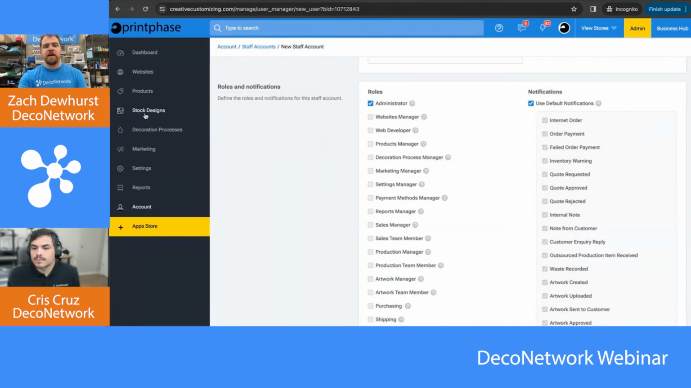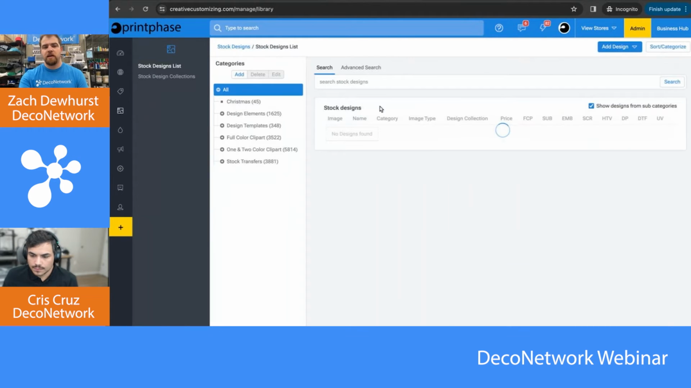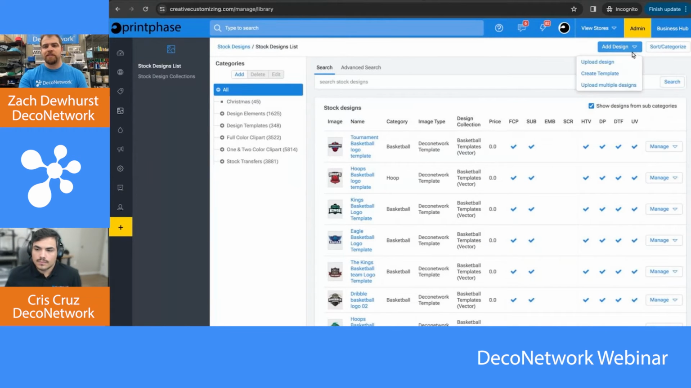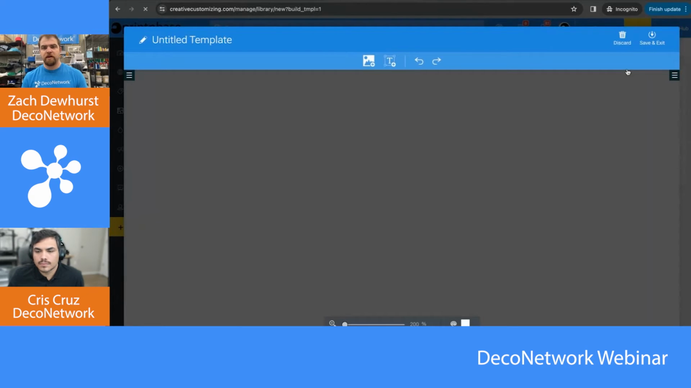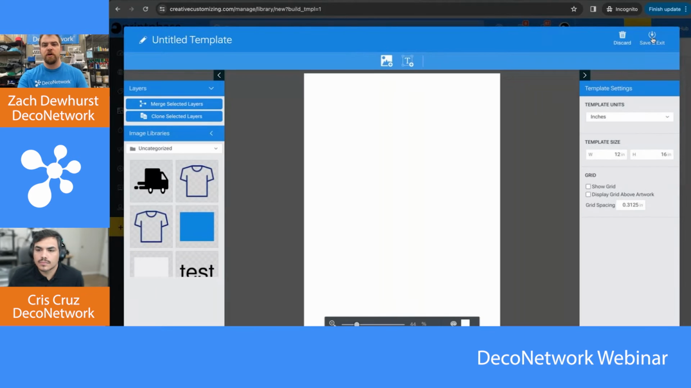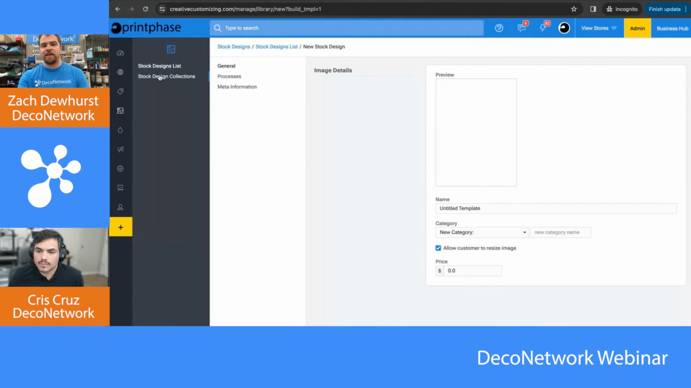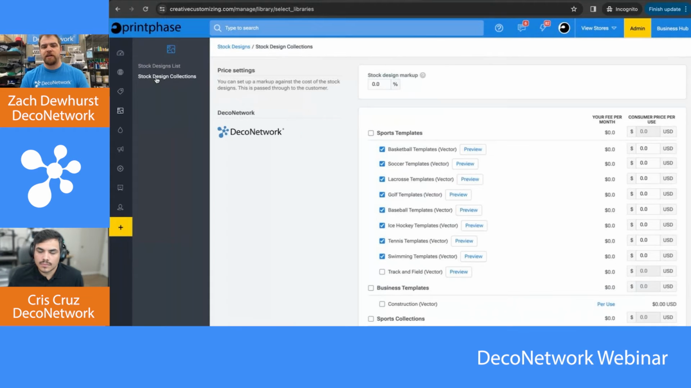Last one, designs. So if you come over here to stock designs, for those who don't know, you can always come over here. You can add one design at a time. You can upload a batch of designs using a zip folder, very easy to do, or you can create your own design template. So there's been a lot of improvements to the design template builder if you want to build your own. But what I'm really excited about is if you come over to design collections,